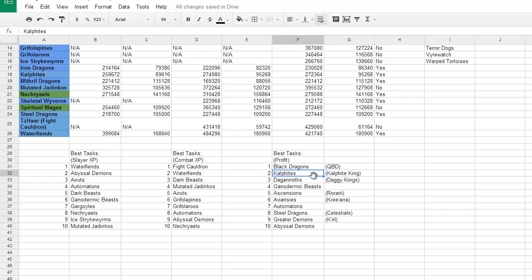You know, just the best. Calphite King task being number 2. Dagged King task being number 3. I would highly recommend to do all of these if you have the stats. If you have lower stats,